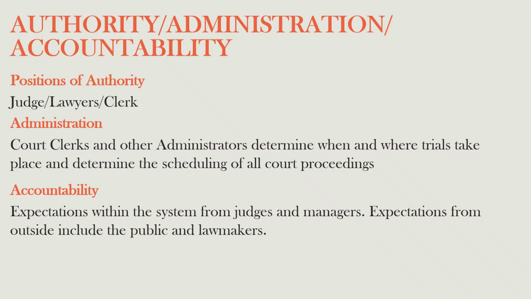Everyone in the court system, outside of the judge, has to answer to others as a measure of accountability. The clerks and the lawyers have to answer to the judge. The clerks and the lawyers themselves also have managers within their own chain of command who they have to answer to. And even when it comes to answering to the judge, there are also expectations from the community and legislators that courts be run a certain way. Judges ultimately have to answer to voters or legislators if their court appears to be in disarray and not operating as expected. All of these pressures can be said to demand accountability, which in turn demands consistency and efficiency.